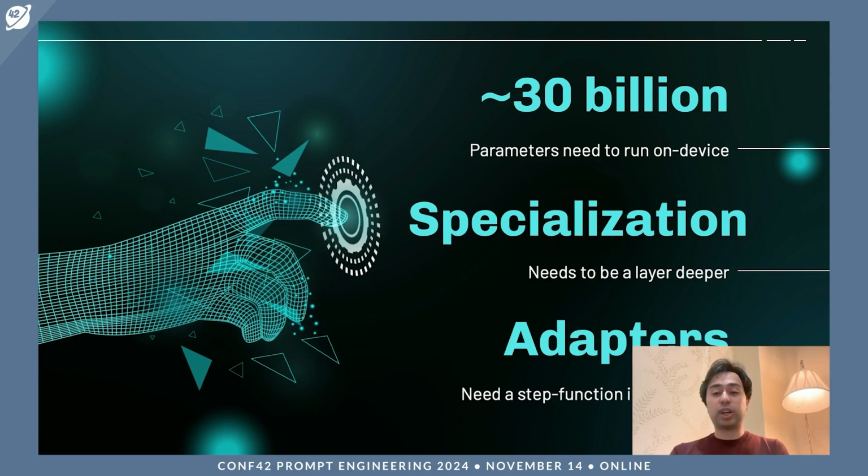Next, we need to improve adapters. So adapters are things like LoRA adapters, which again, I can't go into details, that would be a whole other talk, but essentially can add a layer of specialization without having to recreate a whole new model. So let's say you have a Python specialized model. You can then use a LoRA adapter to make it a model for creating games using Python. So we've become even more specialized using adapters.